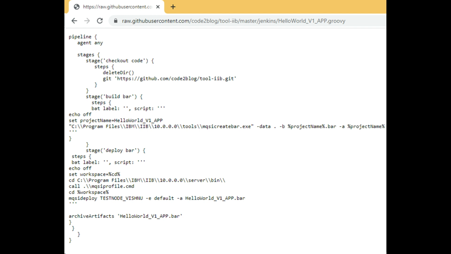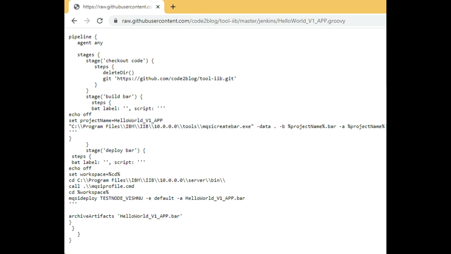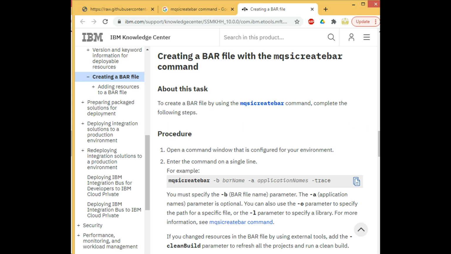It is simple text, and that simple text has around 30 lines of code. When you read those 30 lines of code, it is simple to understand. Okay, once we can successfully build the bar file with commands, then we need to do Groovy scripting, right?